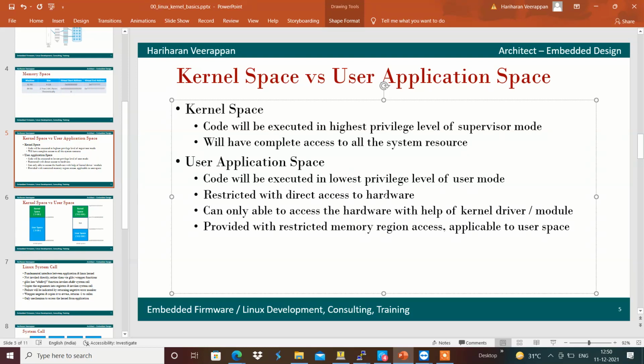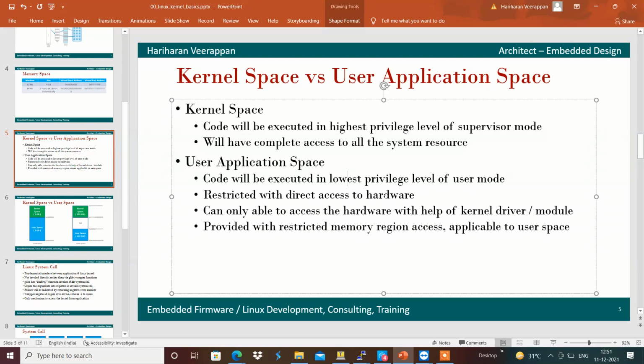The user application space is provided with restricted memory region access, so if we create a crash using a user space application, it won't crash the complete system. It just crashes the user application only, by providing any wrong information or wrong memory access.